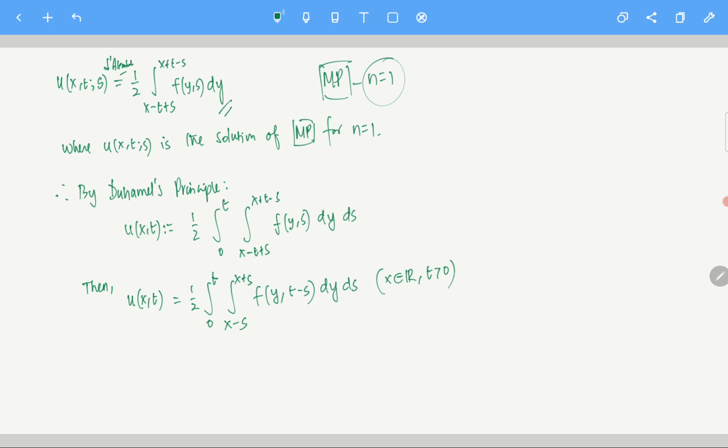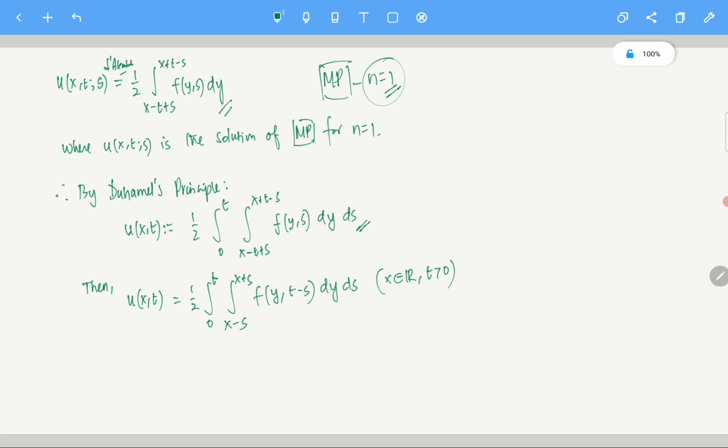I will solve the problem MP for n equals to 1. Let us assume that the solution is given by u for the time t equals to s. How do I know that? That is D'Alembert's formula, which I use for the level t equals to s. Once I have that, I use Duhamel's principle to get what u of x, t is. You can of course prove that this u solves the problem. This I am not doing because it is the same sort of thing. The same calculation will work, whatever we did for higher dimension. It's just a little easier.